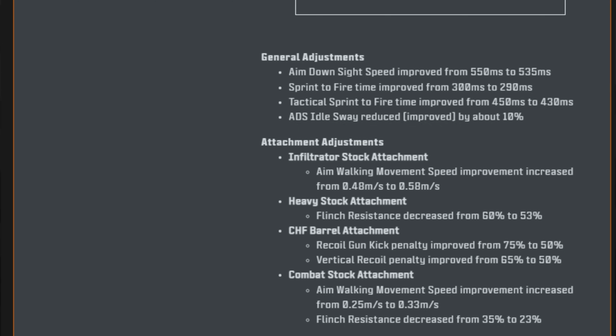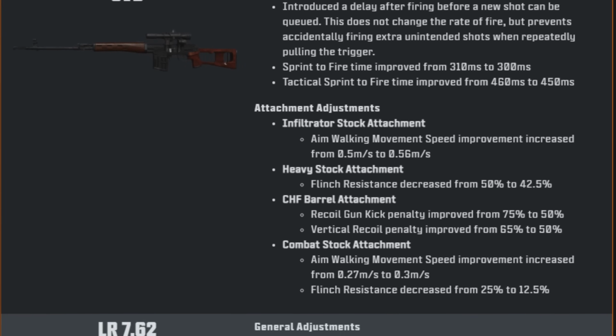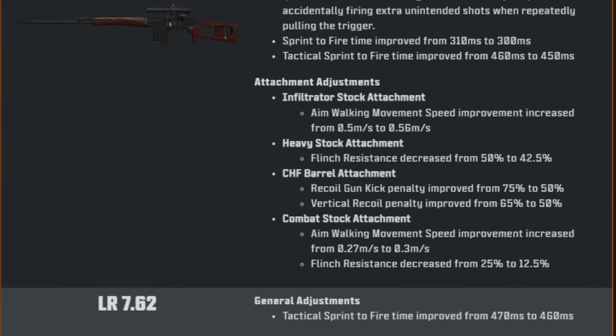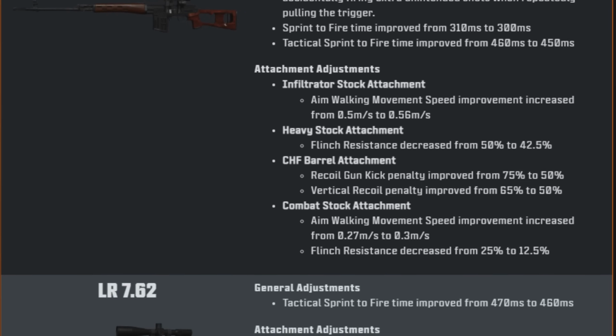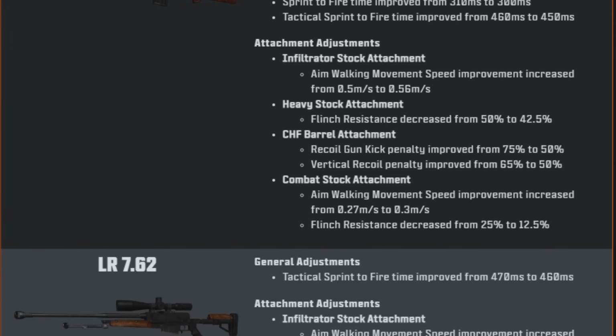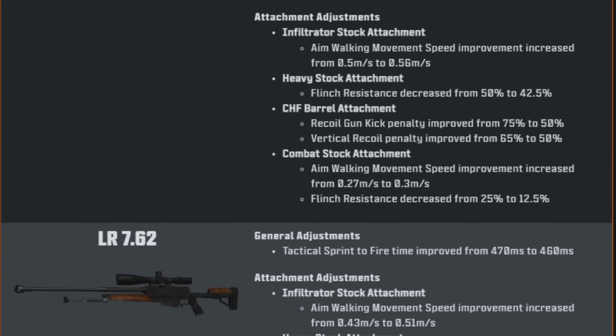The SVD general adjustment introduced a delay after firing before a new shot can be queued. This does not change the rate of fire. Attachment adjustments, infiltrator stock attachment aim walking movement speed improved, heavy stock attachment flinch resistance has been decreased, and then the CHF barrel recoil gun kick penalty improved, the vertical improved, combat stock attachment aim walking movement speed improved as well,